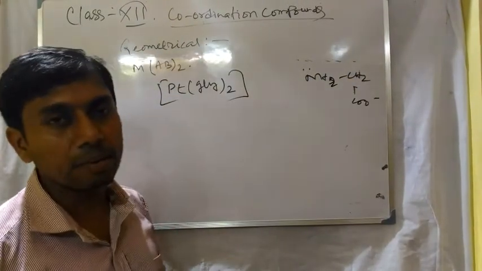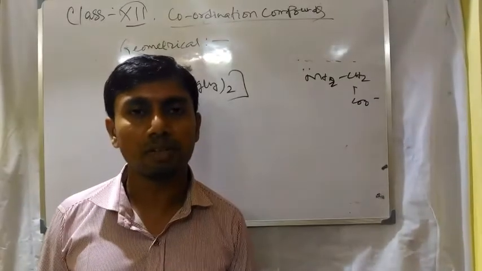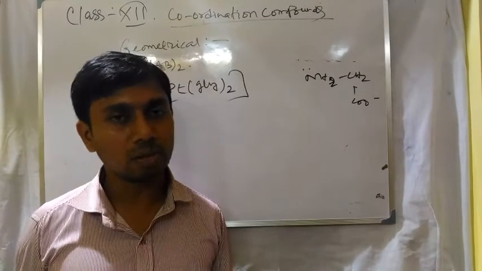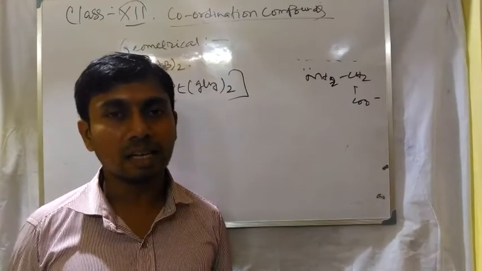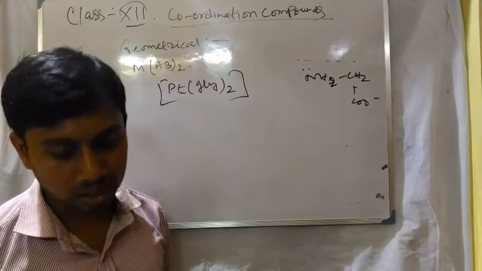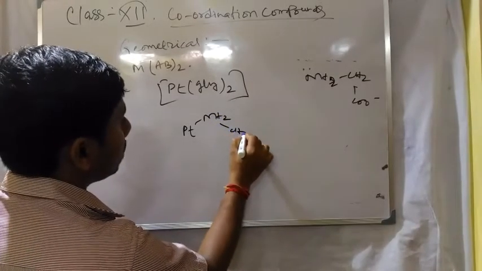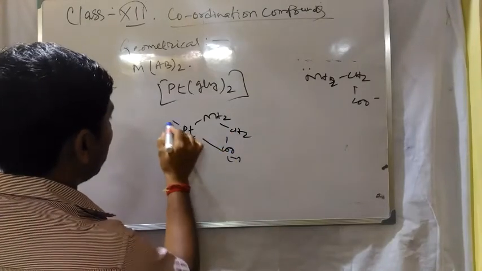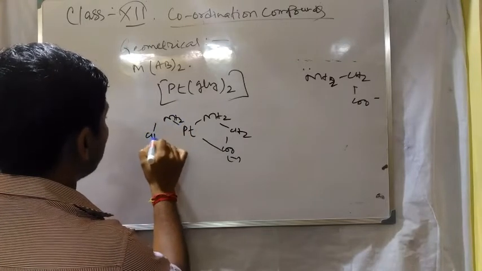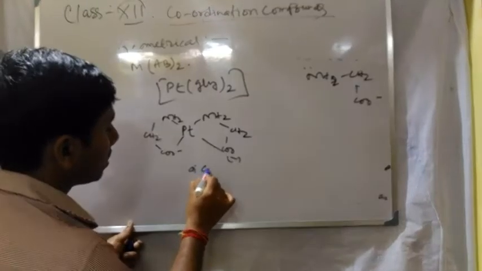Now when the same donor atom, that is nitrogen, is adjacent to one another, then it will be cis. When nitrogen is opposite to one another, it will be trans. Just follow the picture, that is platinum, NH2 CH2 COO minus. Here NH2 CH2 COO minus. So it will be the cis because two